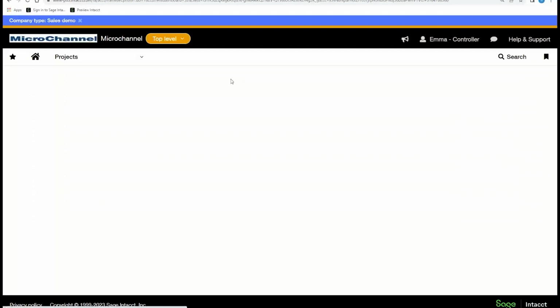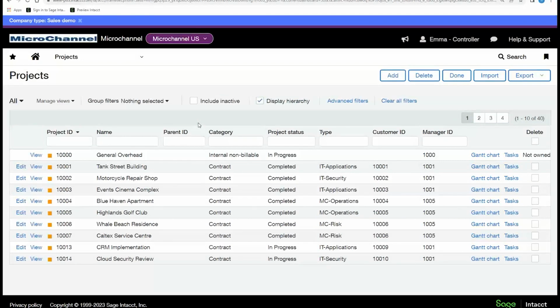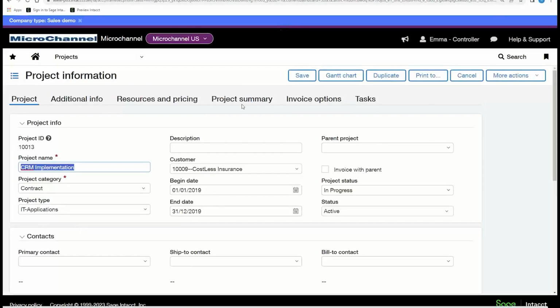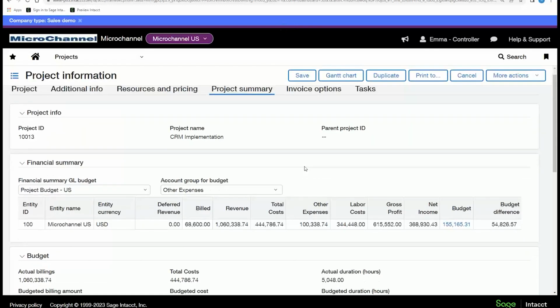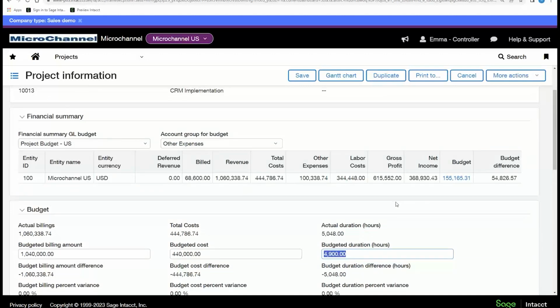So that's the one part, is activating that. When we look at the project itself, that's where it gets interesting. When I open that up, going into my summary, we still have this feature where we can say what that billing project or the budget billing amount is, budget cost is, budget duration is. So it still does that calculation as normal, but we've added the section so you can see the financial budget